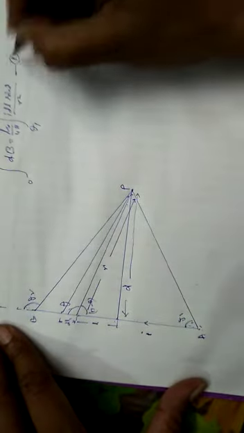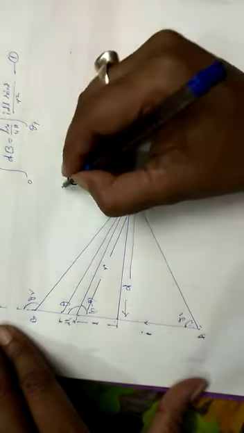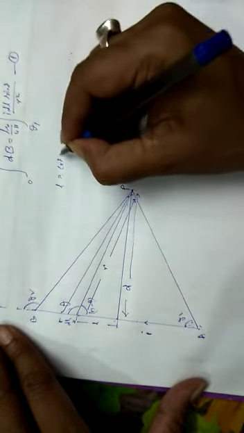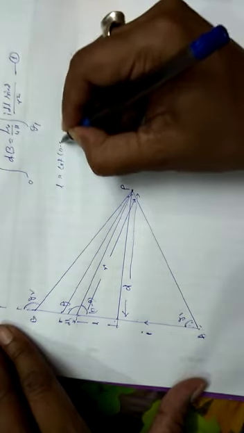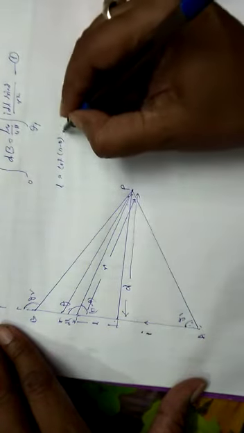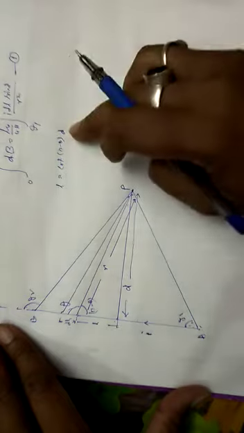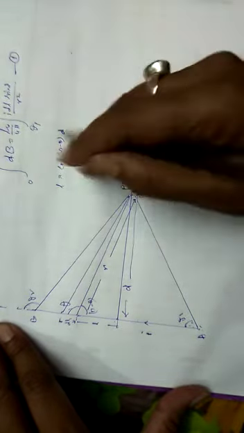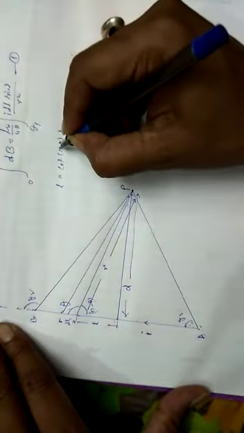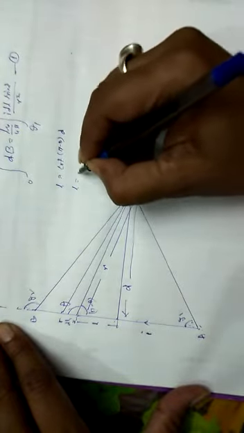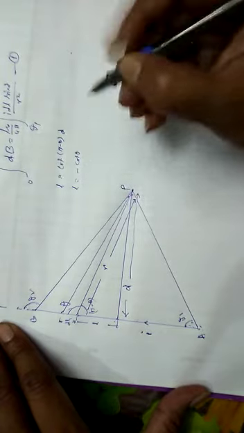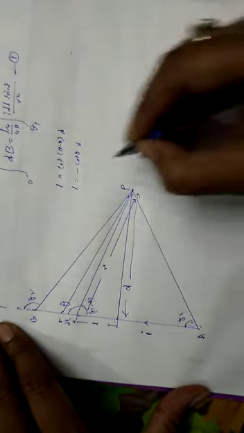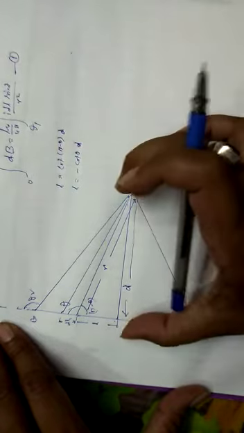Let this be equation 1. So if this is pi minus theta, and this is D, then L is equal to cot of pi minus theta into d. D is your constant, and cot of pi minus theta is equal to minus cot theta, into d, where d is the distance.